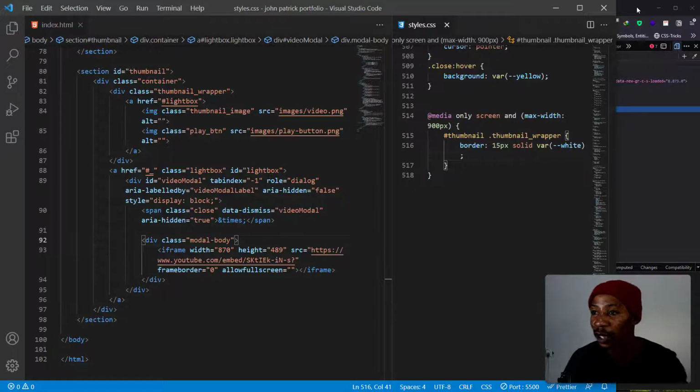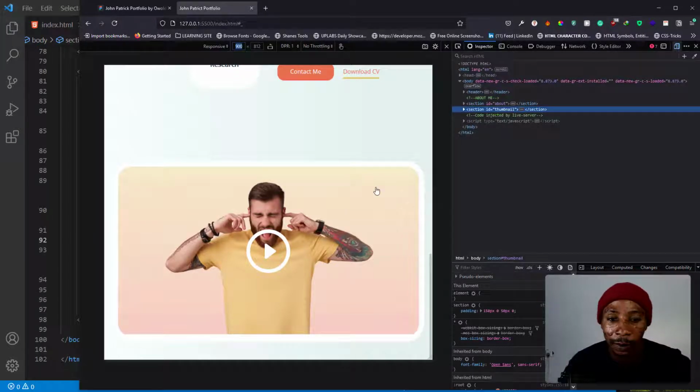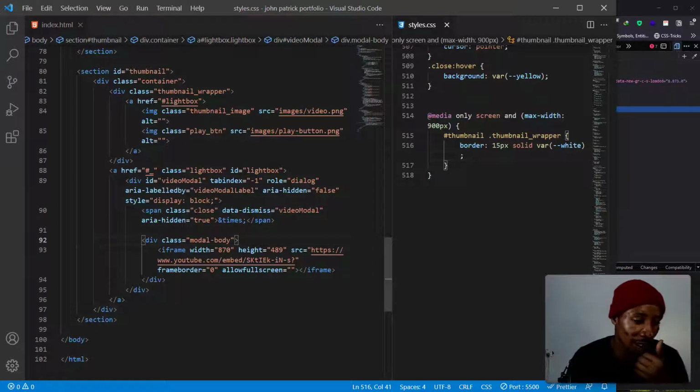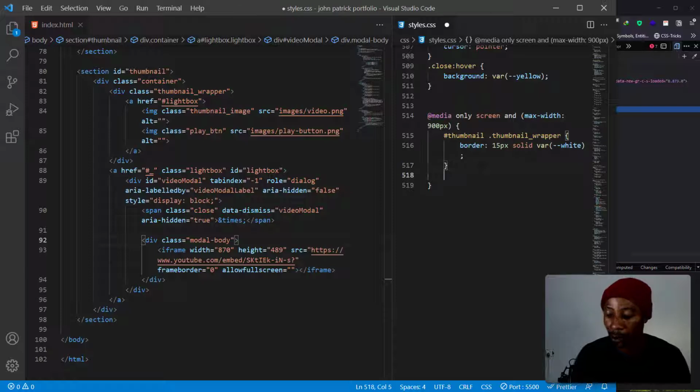Save that. Let's check. Okay, now it's way smaller. Now I love it like this. And I also want to style the play button for the media query 900 pixels. So for the play button, I'll just say thumbnail,